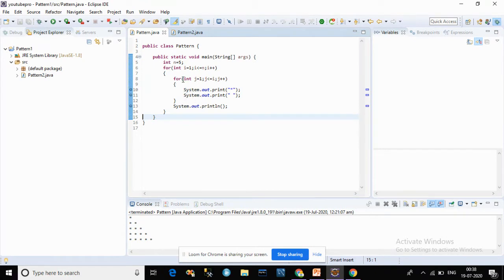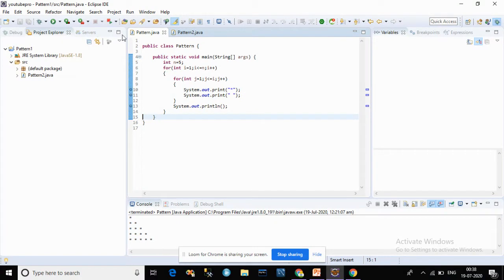while iterating this for loop from one index to the ith index, we have that pattern where at the starting point we have 1 star, after that 2 stars, after that 3 stars. So while iterating like that, at first time i equal to 1, so it goes from 1 to 1. After that it changes to 2, so from 1 to 2, so it prints the star 2 times. All these things we can get from the debug process.